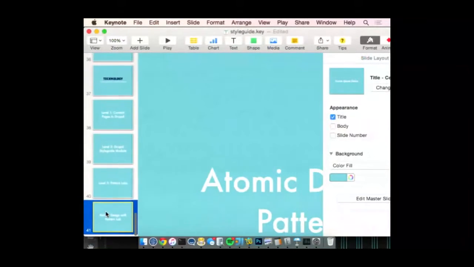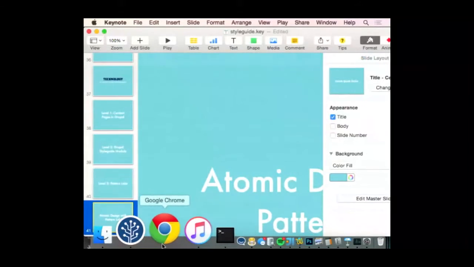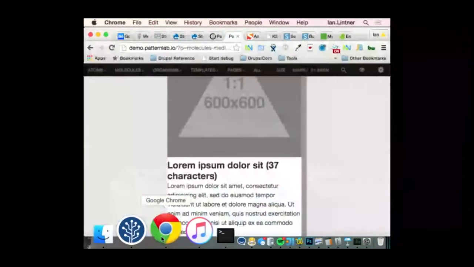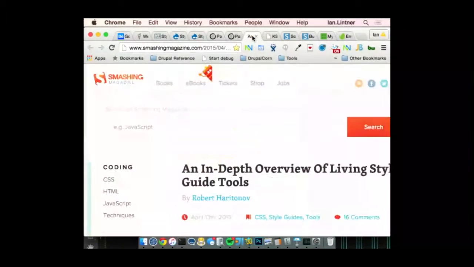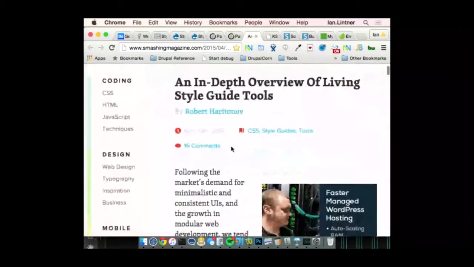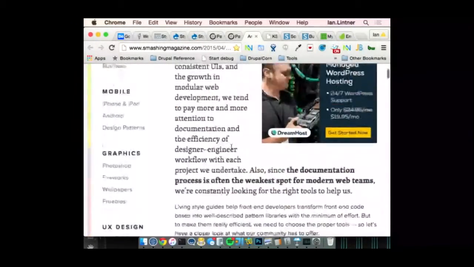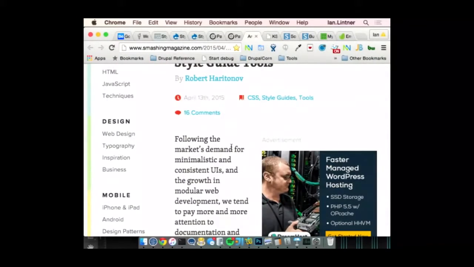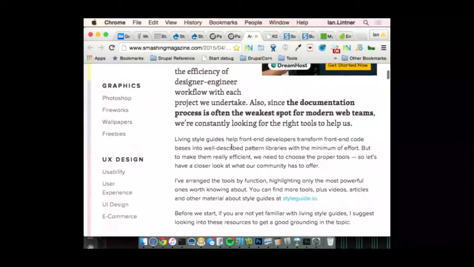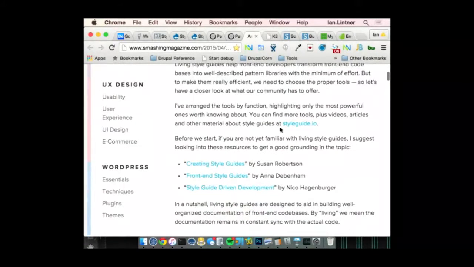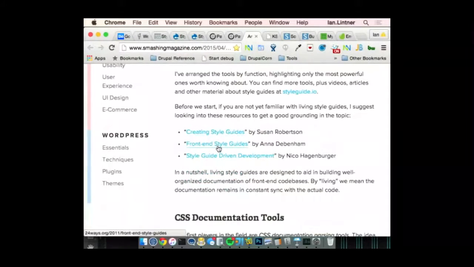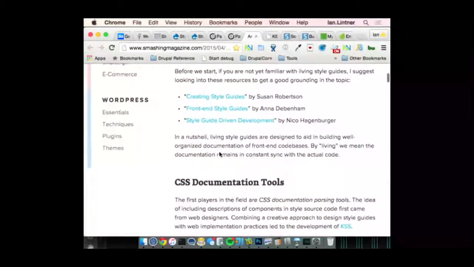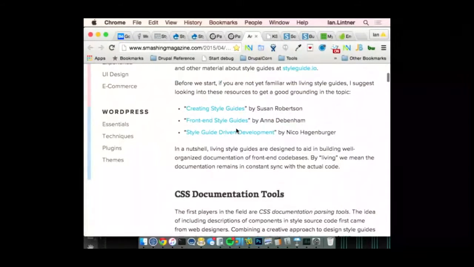So, I think that about covers atomic design. There were a couple more things that I wanted to talk about, a couple more resources. This is Smashing Magazine, which probably most designers read all the time. There are some nice articles on here with a lot of resources that link back to styleguide.io: creating style guides, front-end style guides, style guide-driven development. This is another great article that recaps a lot of